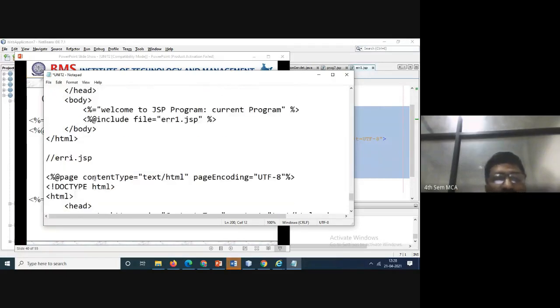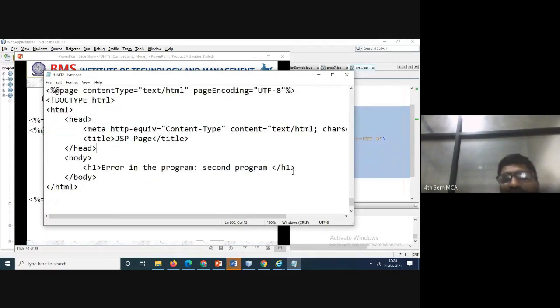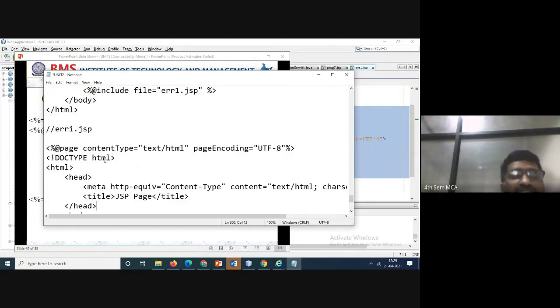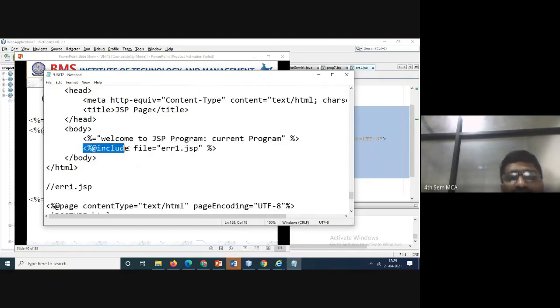And this error message is nothing but this one. So this is called the error message. Whatever you want, you can write in the comments. That's it, nobody will bother about that, and write the syntax on this one. Just here is how to include the file. This is what you have to learn here.